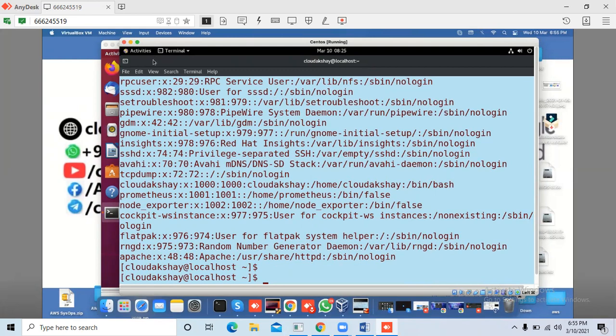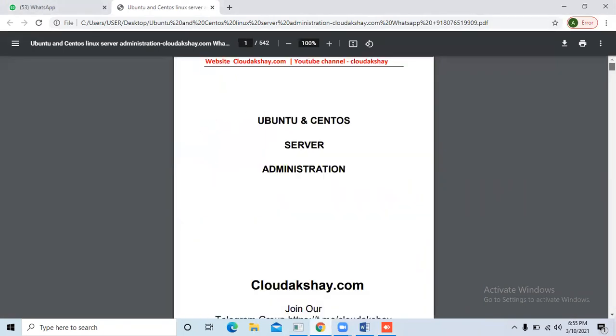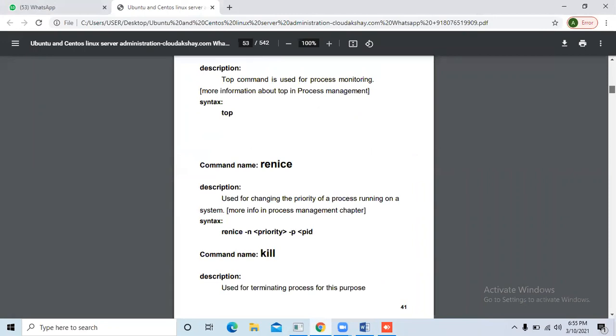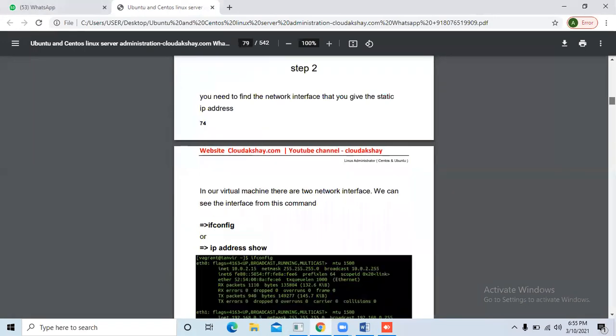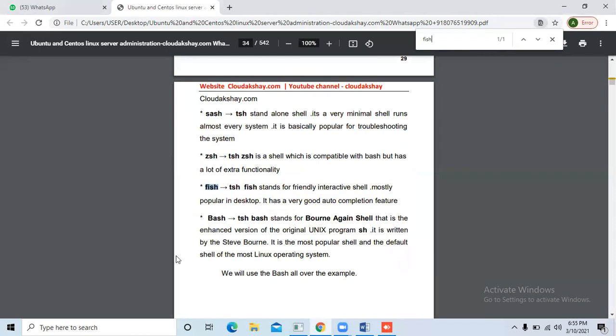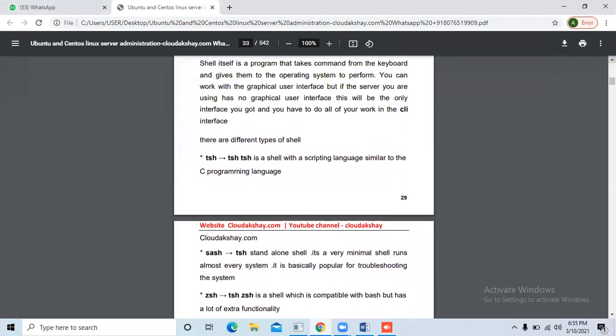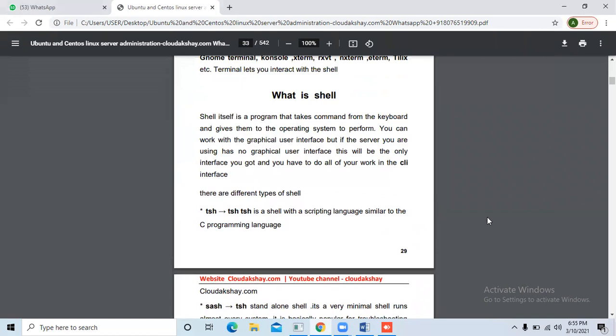So let's elaborate with the document. These are the terminal types, page 34.